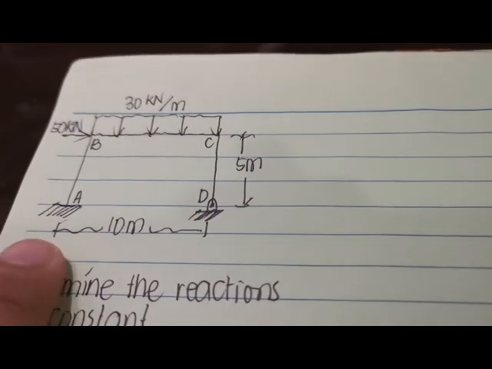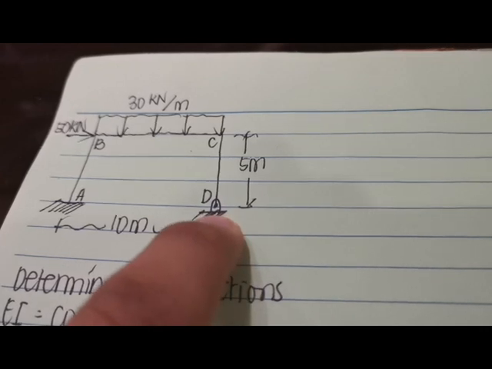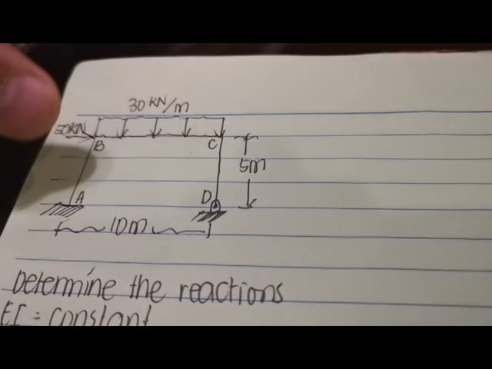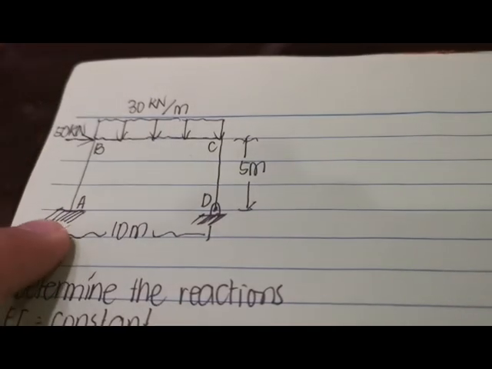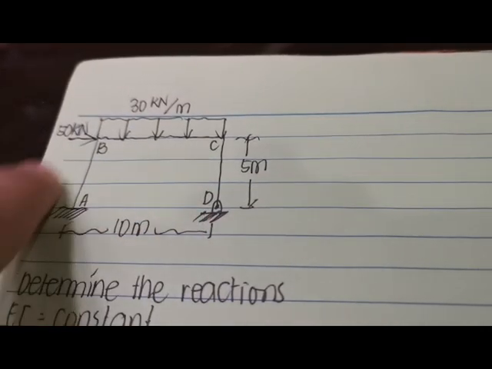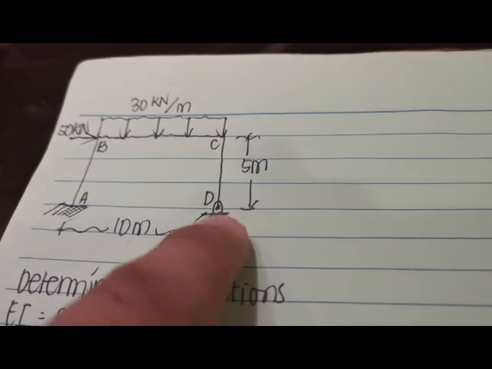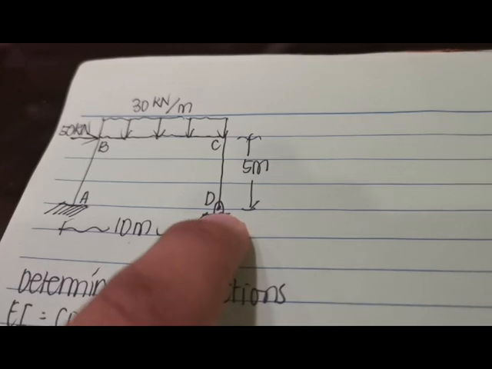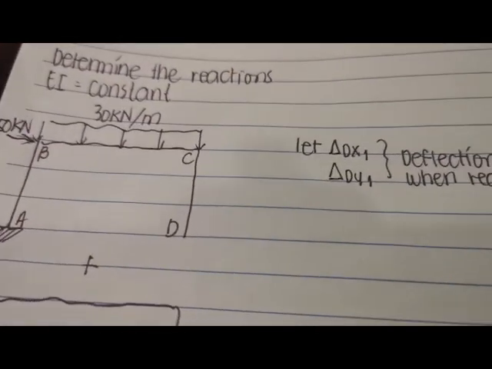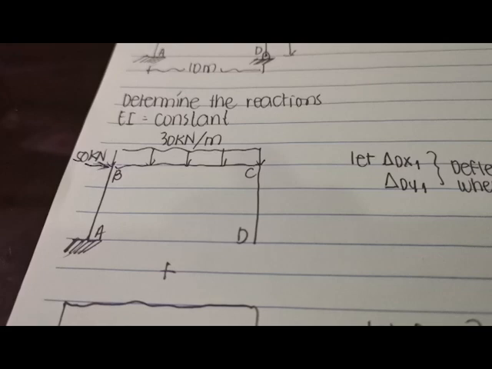So again, we can either choose to remove the hinge or the pin reaction at point D, in order to make it a cantilever frame, or we can just remove the moment here and another reaction in order to make it simply supported. But for the sake of our discussion, I decided that we're going to remove all the reactions at point D. Therefore, this is how it will look like. It will now become a fixed beam,